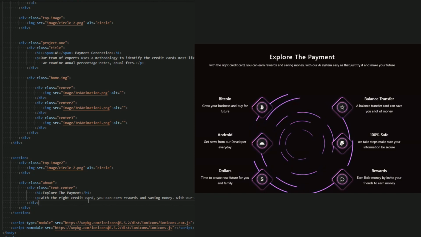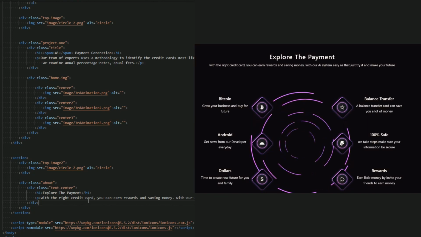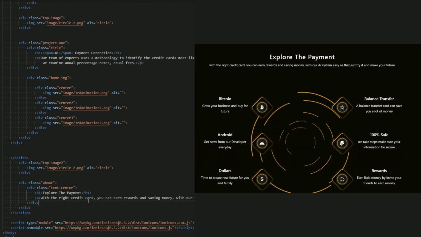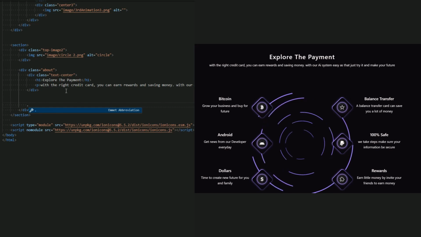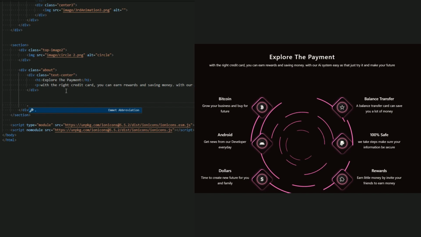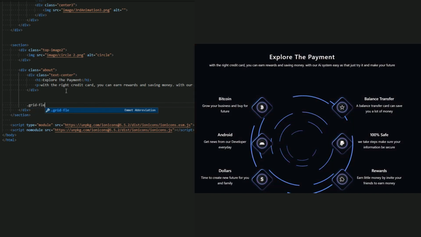And now let's create this icon and this text, and this 3 box, as you can see, and this image in the center of this. So first, guys, let me create a div to add display flex for these 3 boxes of 3 icons and 3 texts, as you can see. Okay, so let me name it grid flex.